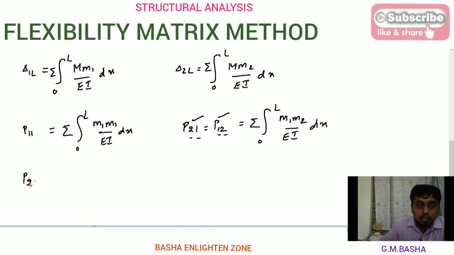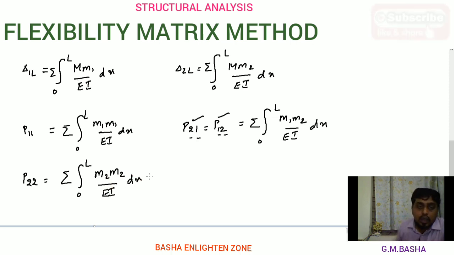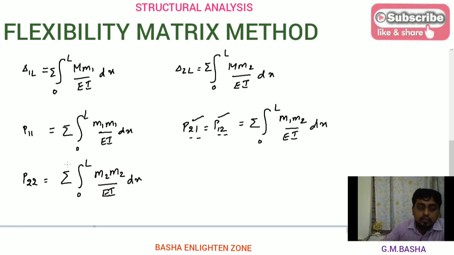And then talking about the P22, the formula will be sigma 0 to L m2 m2 by EI into dx. Why I am taking the sigma value here is because there will be various portions. For each and every portion I will add this same formula. Therefore m2 m2 by EI into dx, or else you can take down this formula directly, m2 square by EI into dx. So please remember these formulas. I will show how to apply the given table format in this formula. And again,